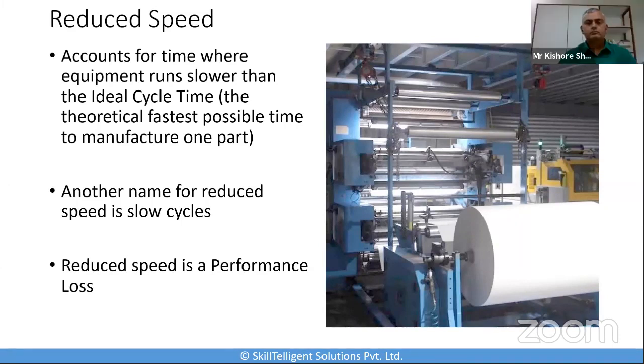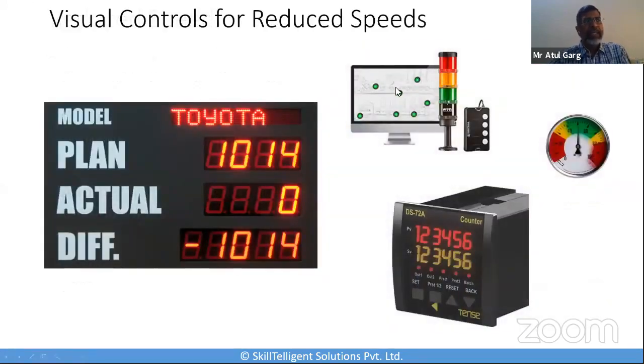So if it is slated to run at, let's say, 10 strokes per minute, but it is running at only 5 strokes per minute, that means it is running at a reduced speed. Okay. So how do you monitor? How do you control that visually? That's where he sets up various counters, various kinds of andon boards, and other boards where he gets the figure that, okay, my rated speed was 30. Instead of that, I'm right now running it at 10. And there is a difference over here, or the counters can tell me other parameters simultaneously. Gauges can tell me whether I'm in the optimum running speed range or not, and so on and so forth.